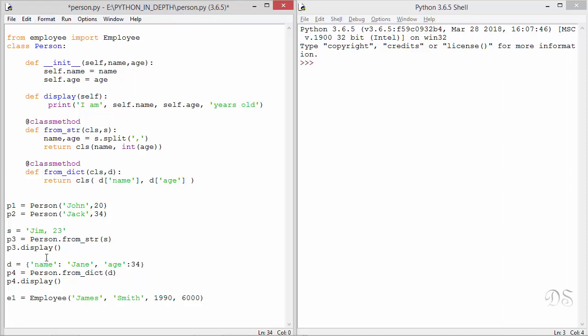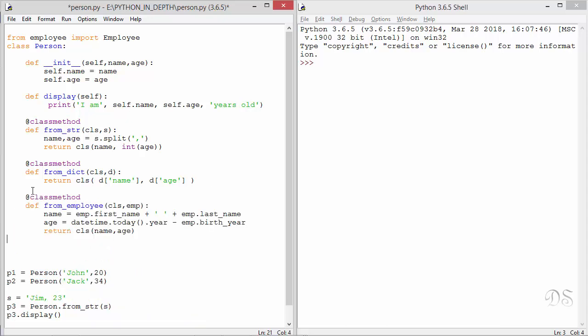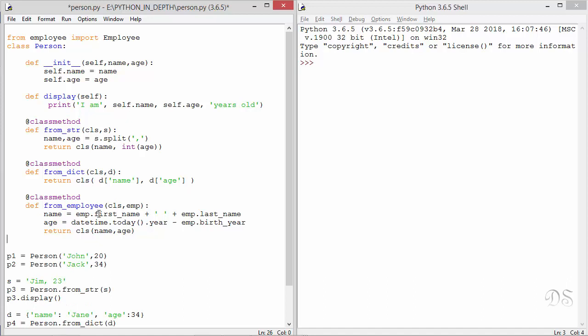Now we'll create a class method named fromEmployee. Employee object has first name and last name as instance variables. And in Person class, we only need name. So we add these two to get name. And to get age, we subtract the birth year from the current year. For this, we have to import datetime class from the datetime module.